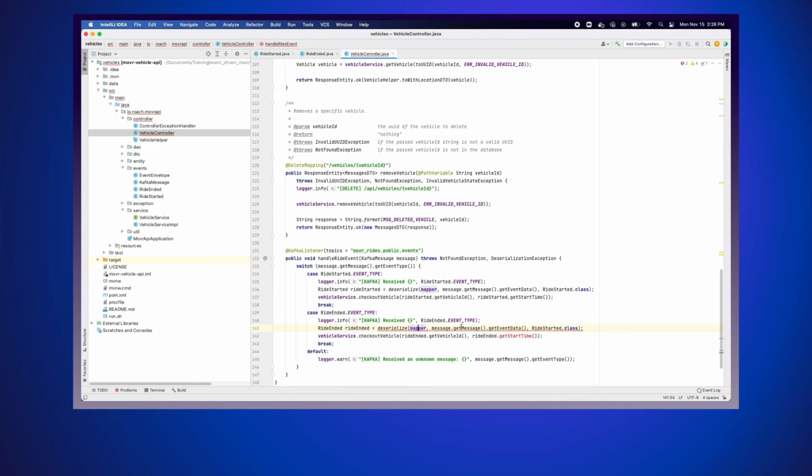Then we're going to deserialize. This can all stay the same, except we want a RideEnded.class instead of a RideStarted.class. And instead of checking out a vehicle, now we're going to check in the vehicle. And here things get a little different because we need some more details. So we need the vehicle ID, which we've got. But then we also need the latitude. So we can do